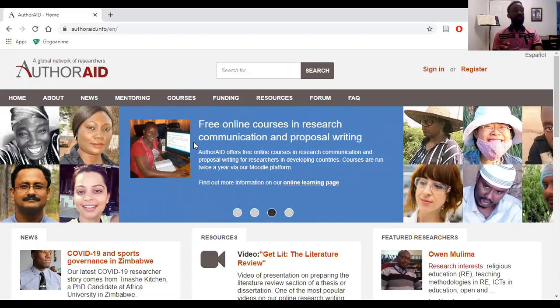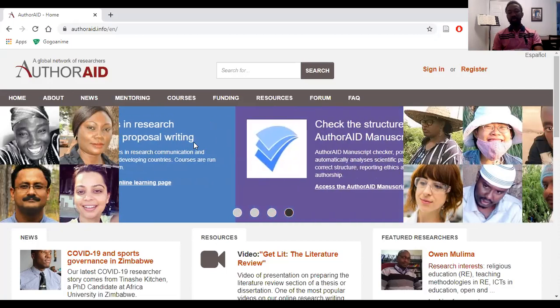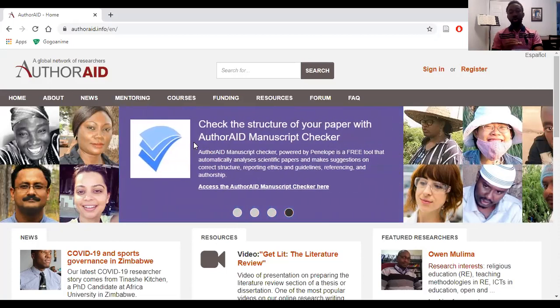Now, once you build the foundation, we're talking about foundation, right? You don't get everything. So don't expect that once you've done this, you know everything about research. No, you know enough to go to the next level, to take the next step. So you've done this and you have certain skills.